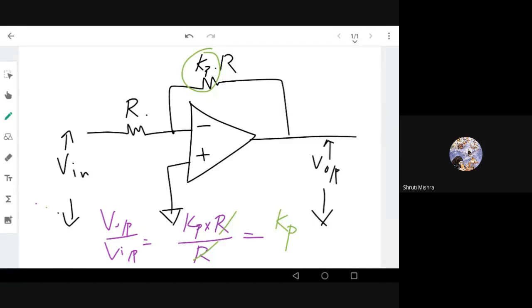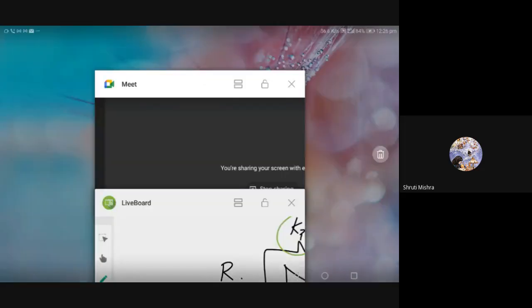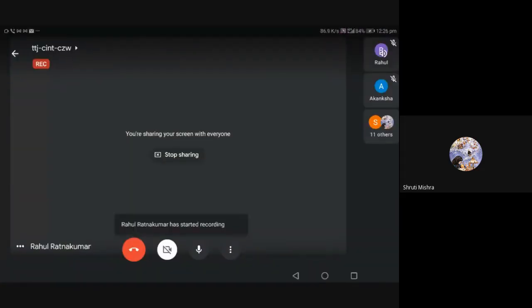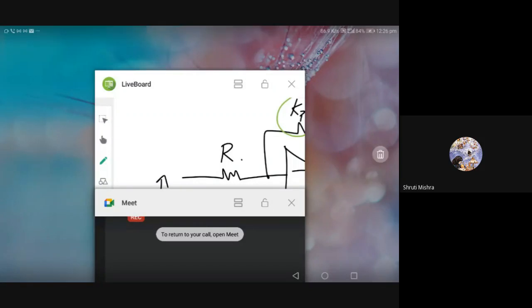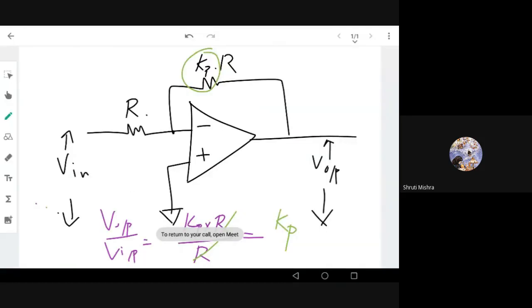Is everyone in the class, or are you busy somewhere else? Or you can type in the chat also. If there's a problem, you can type also. Okay, sorry, maybe I am muted or something. Okay,